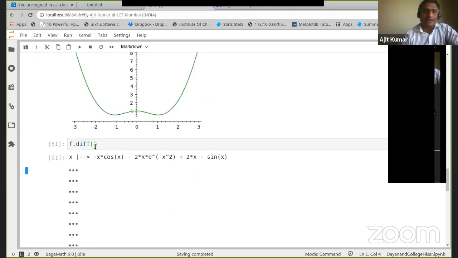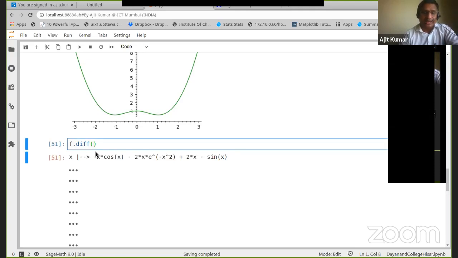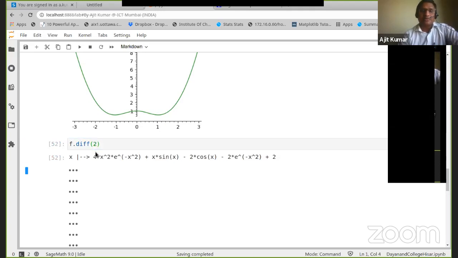Instead of f diff, if I mention 2 here, then it will give me the second derivative as a function of x. You can even find Taylor series expansion, right? And all these things, you don't have to remember all these commands. Just put dot and press tab, all the options will be available to you. You just don't need to remember. Nobody can remember thousands of syntax,